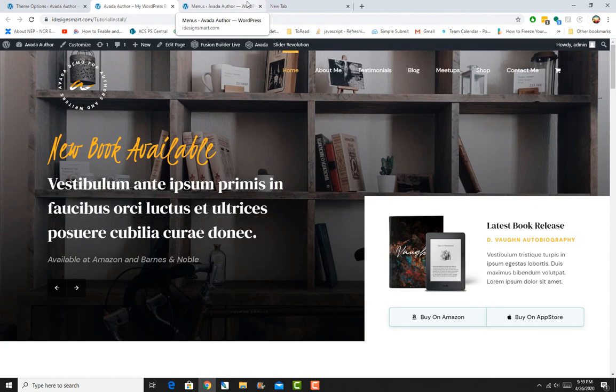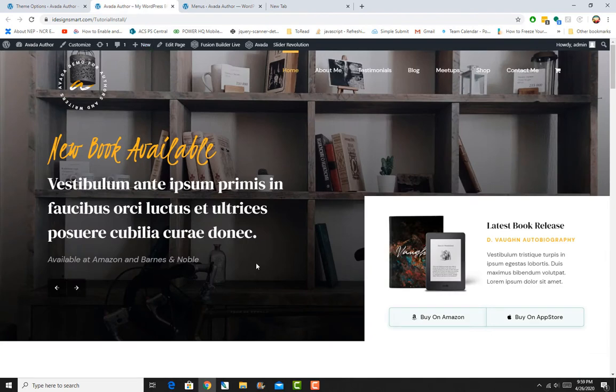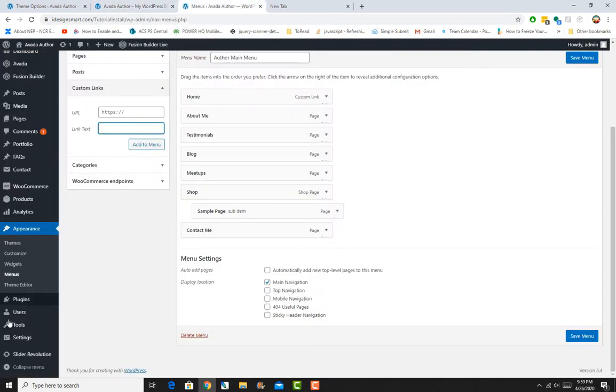So I like to use Revolution, and thankfully this layout also is using the Revolution Slider. I have a bunch of videos and tutorials on how to use Revolution Slider. That is another topic if you want to go into a lot of detail, but here we'll just go over and quickly edit